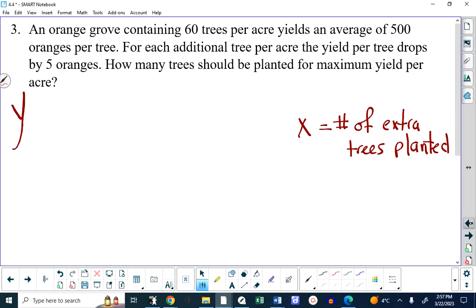Okay, what will your yield be? I'm going to use y equals yield, which is the total number of oranges in the acre in the growing season. That's going to be found by taking the number of orange trees